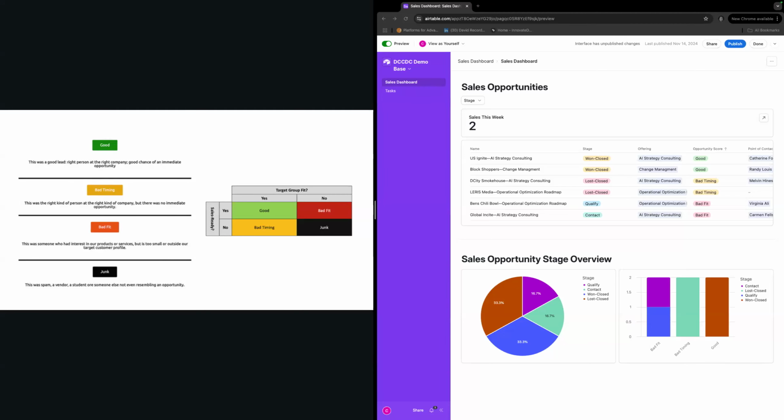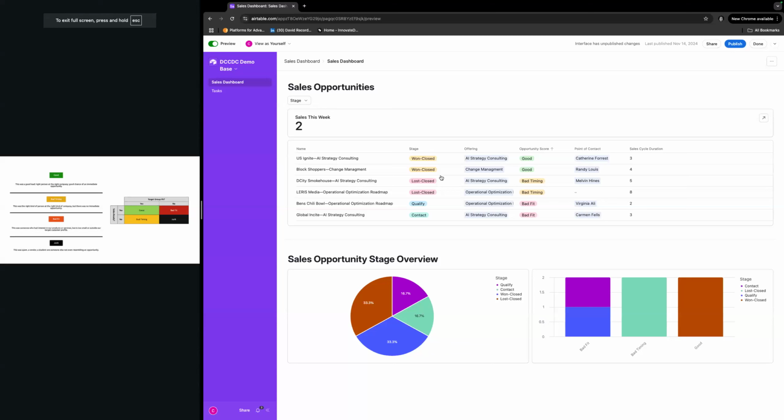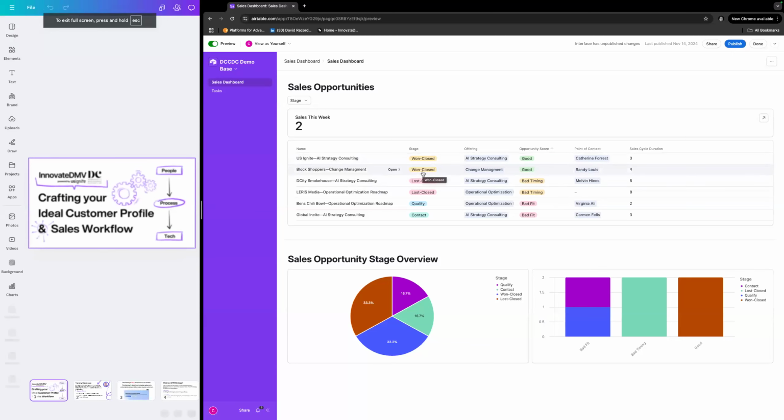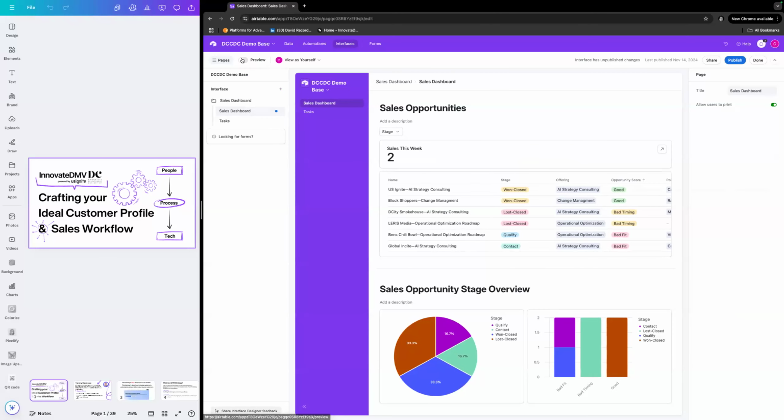And maybe they say, hey, it just wasn't good timing. I've got a lot of stuff going on. I can't be making purchases like that. Totally fair. But that's insight for you all to use to better understand where they're currently at. So here I created a really, really quick dashboard, where you can see the stage they're at in the sales cycle, and the offering. So if I go back to my data here,